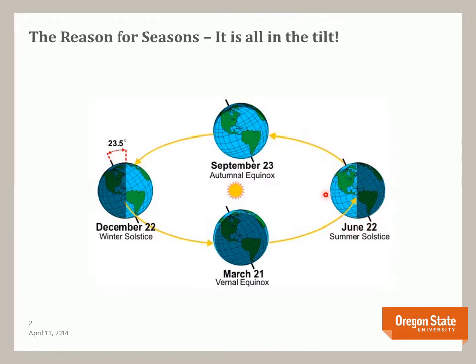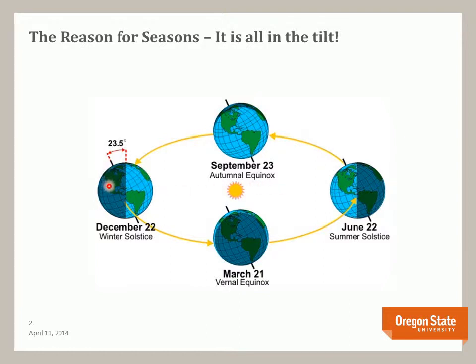So the real reason that we have seasonal variation is due to this tilt of the Earth's axis, which stays fixed, pointing at the North Star. And as the Earth orbits around the Sun, different parts of the hemisphere are exposed to different angles of light and different duration. So during our summer here in North America, we get a lot of direct rays that hit the northern hemisphere, and the Sun is pretty high in the sky